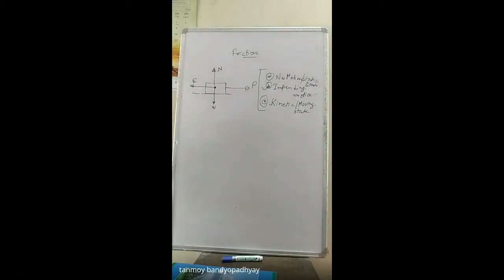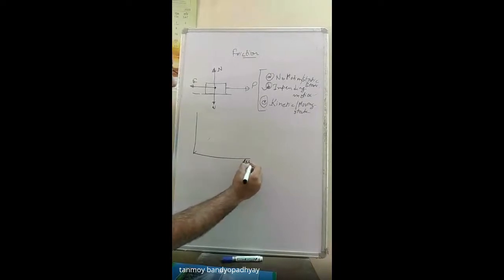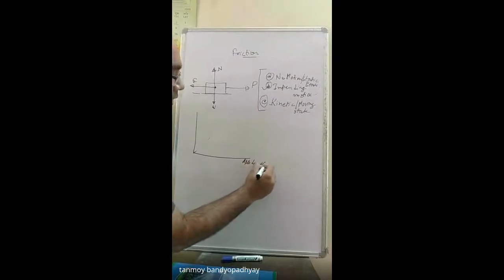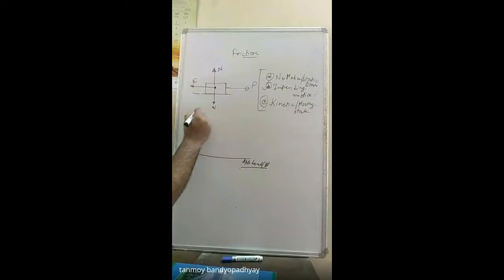Okay, so this is the free body diagram. As you can see, there can be three cases. The frictional force, as we have studied in the previous class, is a self-adjusting force. That means as you go on increasing the applied load, suppose in this direction I am plotting the applied load, which is P. This is the force I am applying, and this is the frictional force that is being set up due to the roughness of the surface or due to the contact effects. So this force is a self-adjusting force.